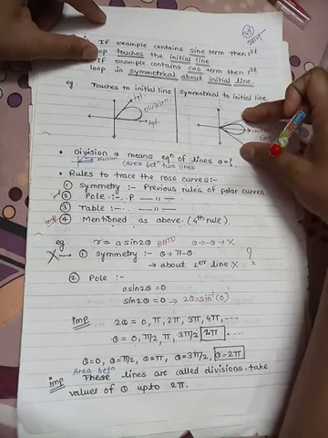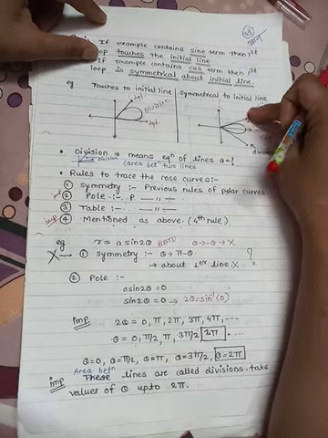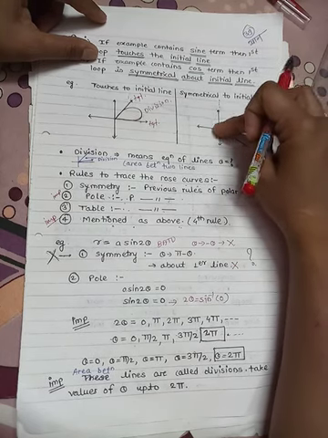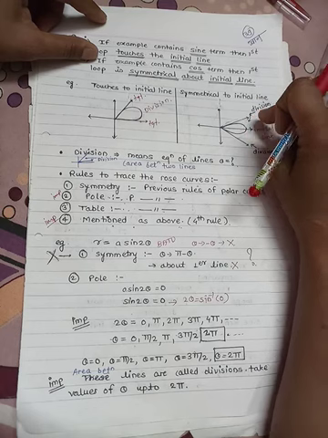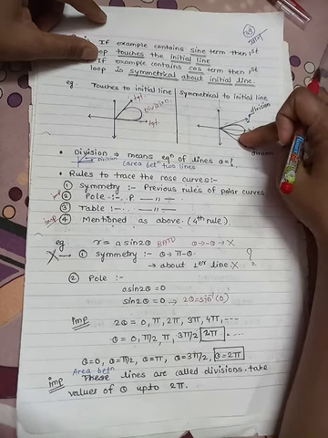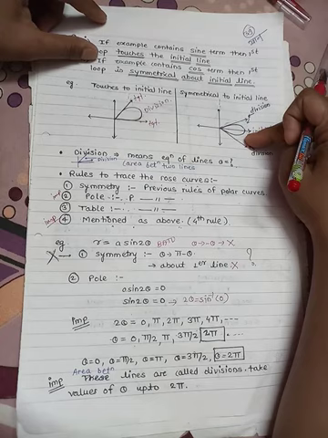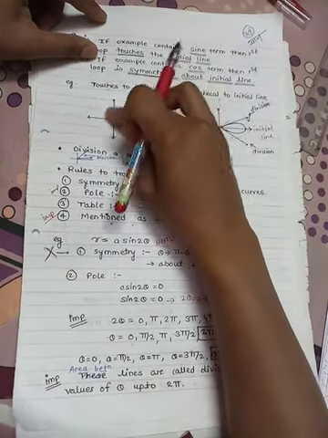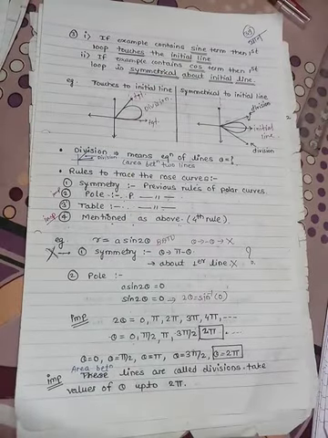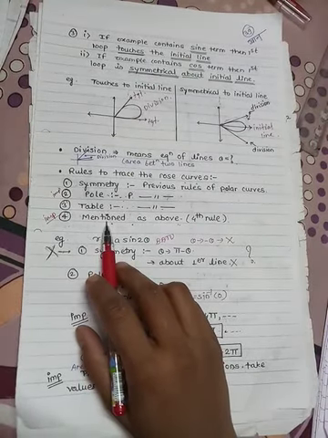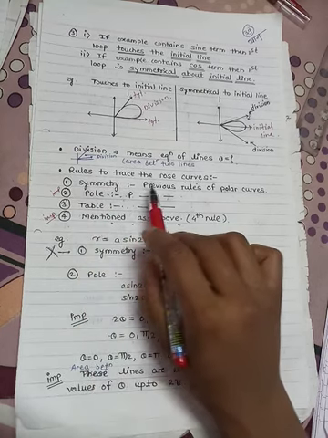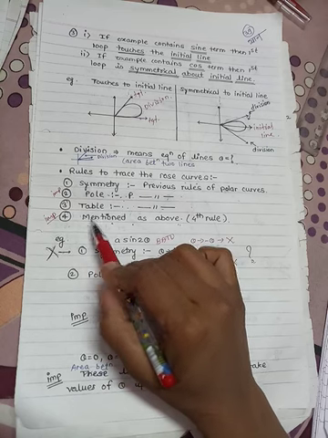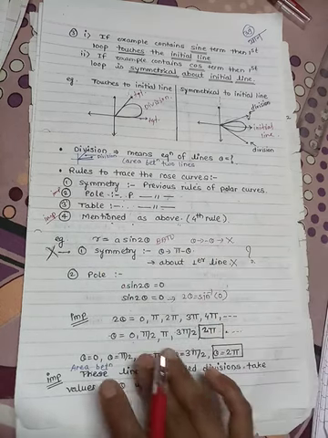If this is your division, this is your tangent, this is your second tangent, so this is your division. The first loop will be symmetric about the initial line. So if the example contains a cos term, the first loop should look like this, and if a sine term, then the first loop touches the initial line. So this is your fourth condition. To trace the Rose curve, the second and fourth points are important. So let us see the examples.